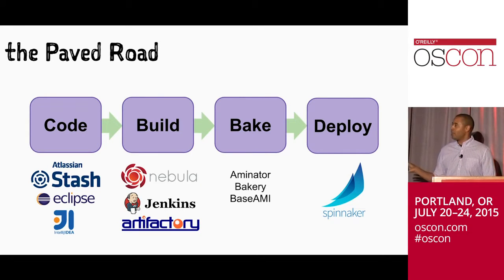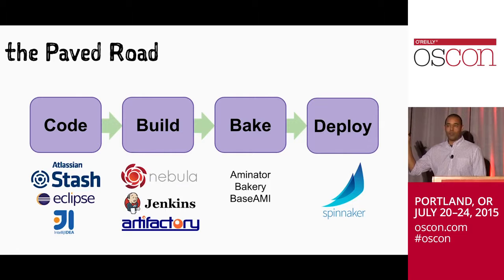And I'm not going to spend much time digging into these tools, and this is very high level, but these are the primary tools in the path of deploying to production. The first half is a lot of tools that a lot of Java shops will use. Nebula is a suite of Gradle plugins that my team develops that help apply some conventions to make it easier to build products. We bake.